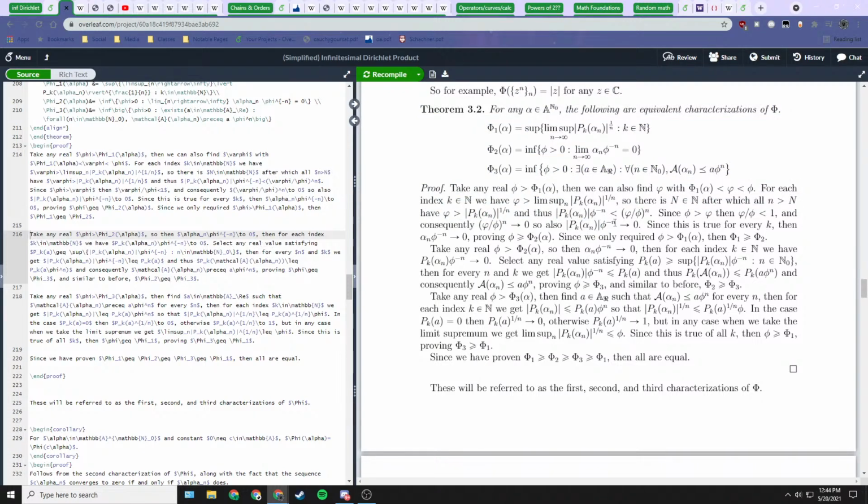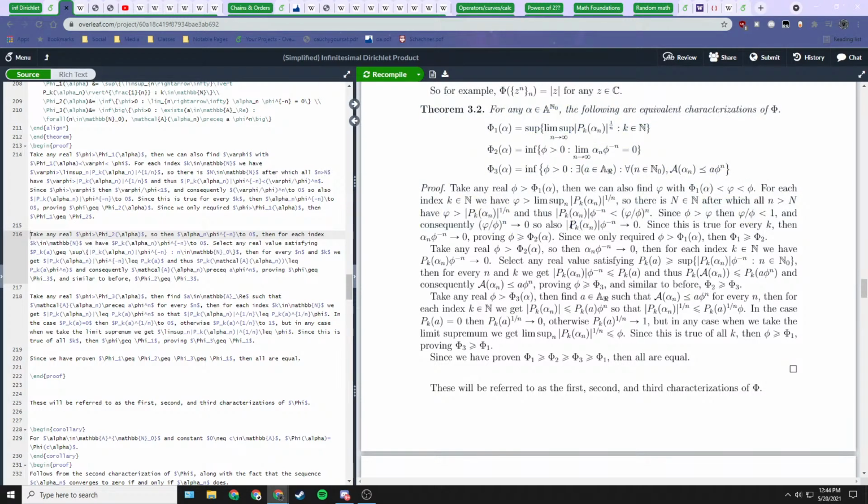And because this term is going to 0, since this was true for each of these indexes k, so we said this is valid eventually for each index k. This lower bound doesn't really matter for the limit. So we're saying eventually this is less than that, and because this term with this exponent is going to 0, then this term is also going to 0 with n. And this is true for every projection k. Because it's true for every projection k, this expression is going to 0.